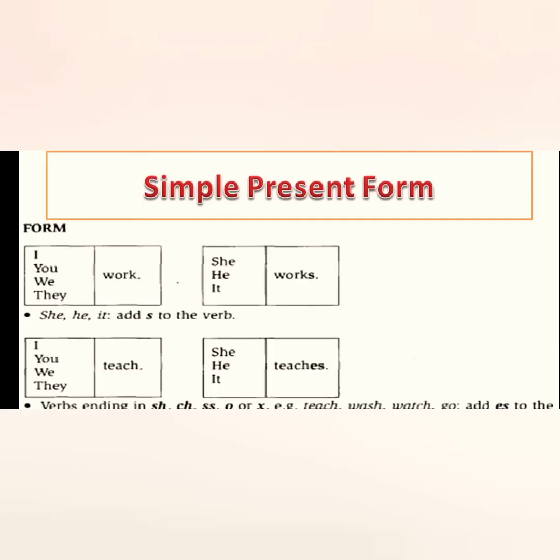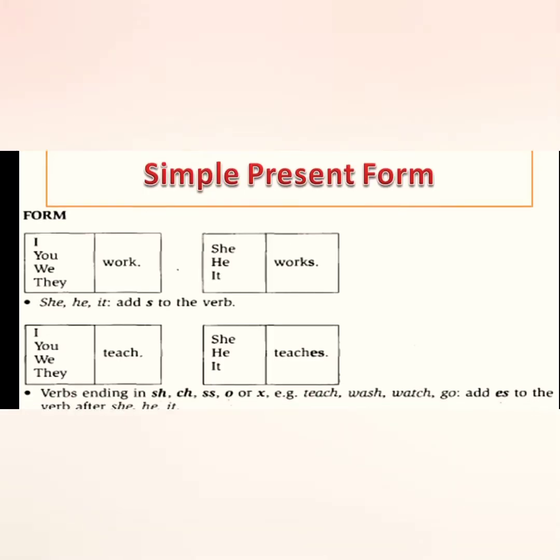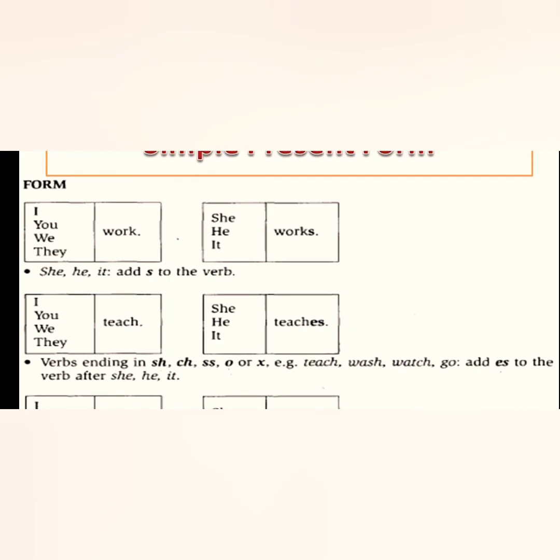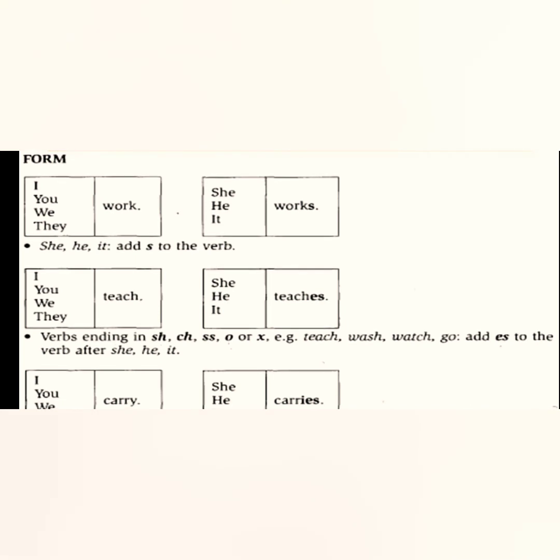Now follow this. You can see over here. Look, I, you, we, they. With I, you, we, they, it's walk. I walk, you walk, we walk, they walk. Why? Because I and you are not third person, and we and they are plural. That's why walk. And with I and you, I have told you before, I and you is the exception. With it, it is always the base form.